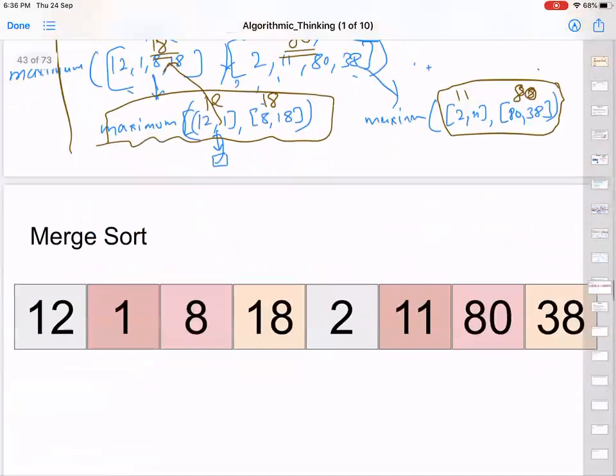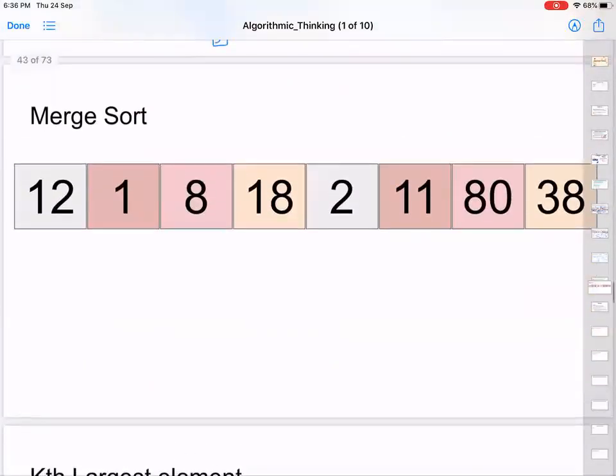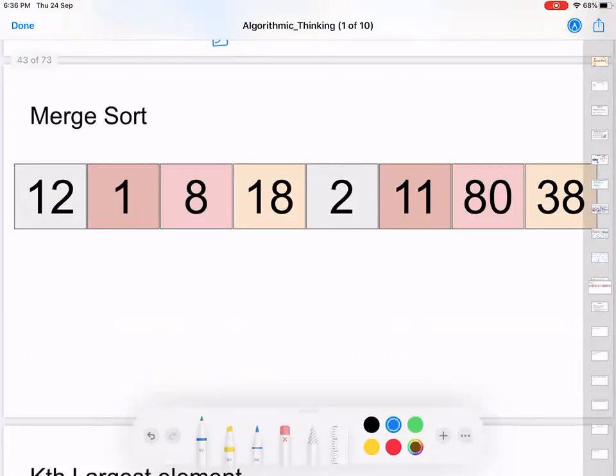Just the last example for your recursive procedure, which is your merge sort. So merge sort is exactly, now I want to do sorting again, which is recursive in exactly the same way how I'm doing till now. So what we want to do is, I want to sort this entire array. So again, instead of sorting it, I'll divide it into half, give it to one person to sort, and give this part to another person to sort it. So person one returns me the sorted part of this half of array, person two returns me the sorted part of this half array. Do I need to do something? So definitely there is one more step I need to do.